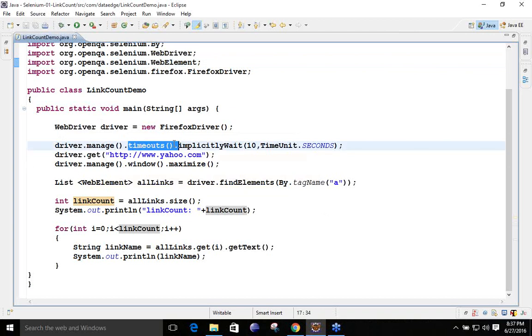This is a new method which we have not talked about. Timeout means it will give you some time. If for that particular time the page is not going to open, it will say something; it will give some messages. So if you want, you can give this one, or if you don't want, there is no problem. This is a secondary matter.